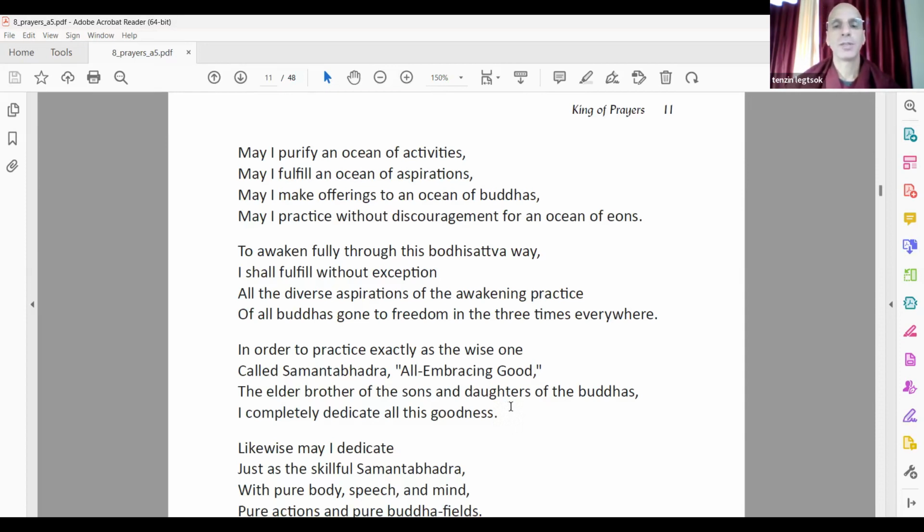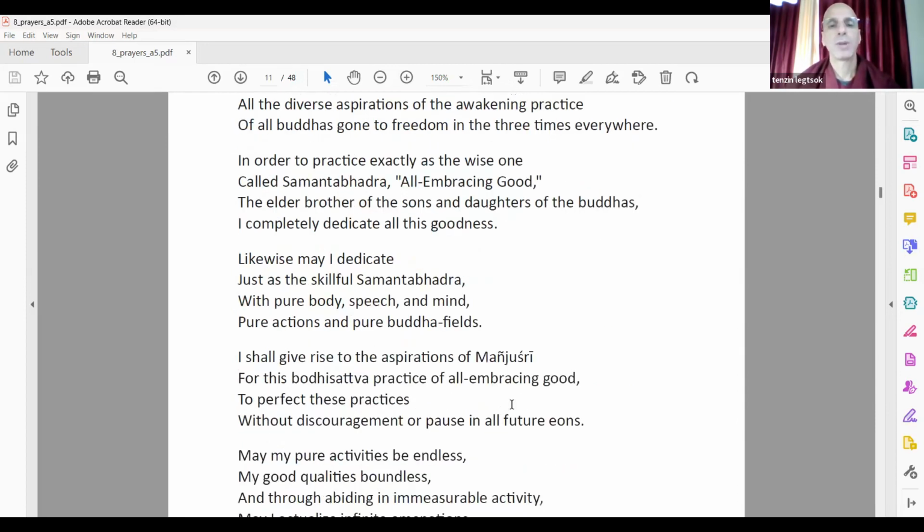of all Buddhas gone to freedom in the 3 times everywhere. In order to practice exactly as the wise one called Samantabhadra, all-embracing good, the elder brother of the sons and daughters of the Buddhas, I completely dedicate all this goodness. Likewise, may I dedicate just as the skillful Samantabhadra, with pure body, speech, and mind, pure actions, and pure Buddha